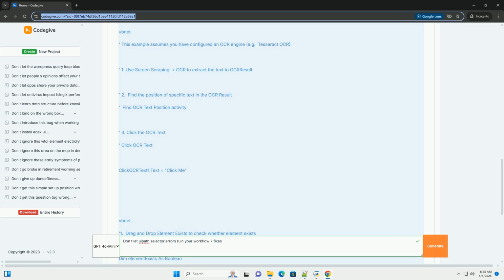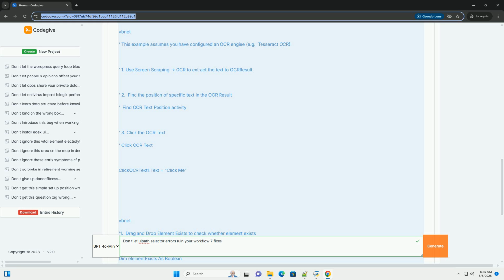Experiment to find the optimal value. Fuzzy selector enables fuzzy matching for the entire selector. Accuracy in some activities, similar to fuzzy level, specifies the minimum acceptable accuracy for the match. OCR text enables you to extract the text content from the UI elements and match with the text content. This property is used in screen scraping. Example: fuzzy matching a button label. Suppose a button label sometimes appears as submit and sometimes as submit with a typo. In this example, fuzzy level equals 0.8 tells UiPath to find buttons with names that are approximately 80% similar to